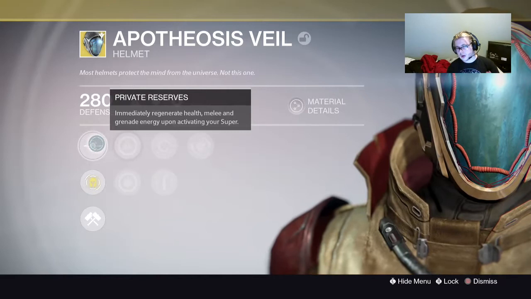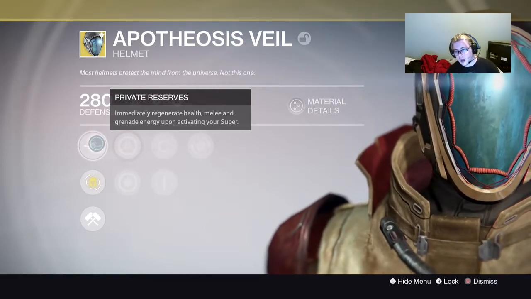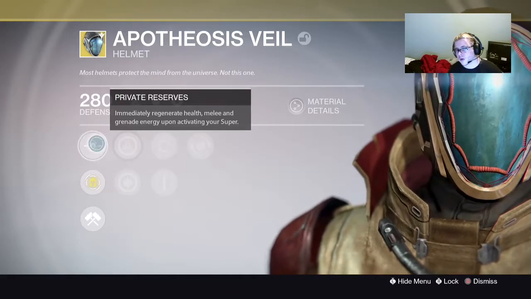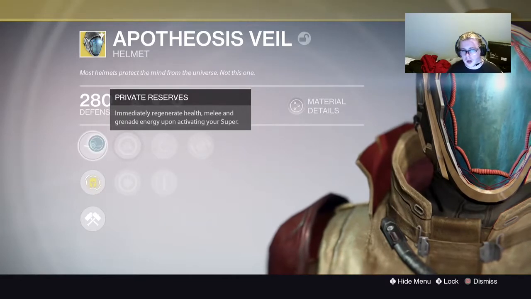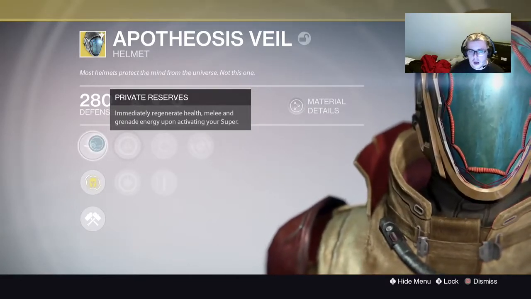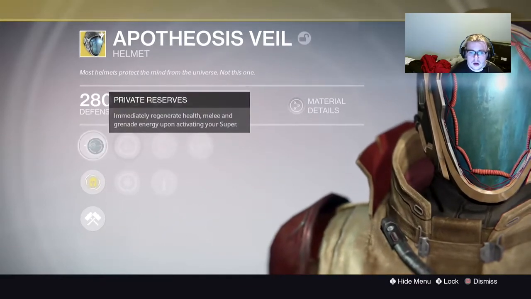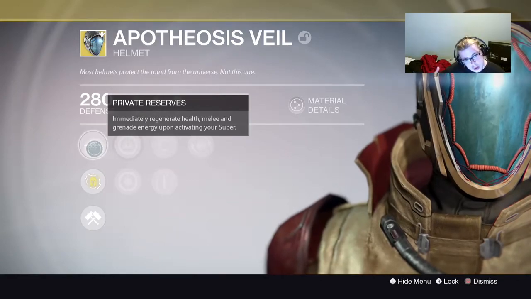Now, the reason this gets in the top 3 is popping your super online. If you want to just use Radiance without Fireborn, it can be helpful. You're getting shot, you pop it, you get the extra armor, and you start whipping grenades because your melee and your grenade energy instantly come back, so you don't have to wait for that. And, you know, Storm Trance, you pop that, maybe you have Landfall on, and you just